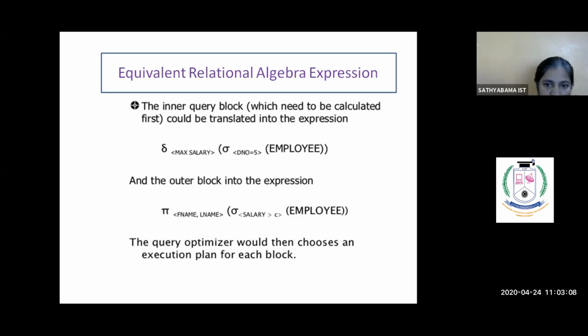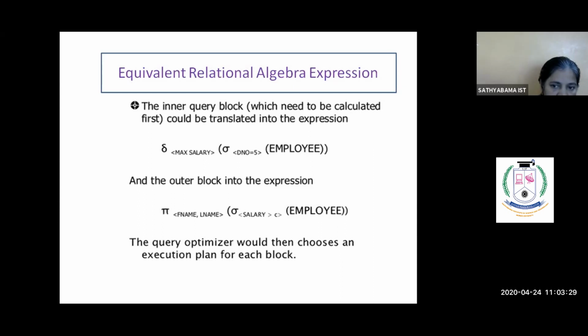So we are checking here. First, pi, that letter denotes the project operation. It will project only the first name and last name of a particular employee. The remaining attributes of the table will not be shown. It projects only the selected attributes or column names.